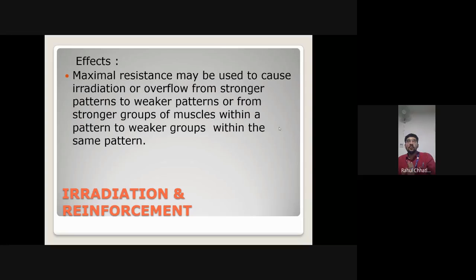And we can move from stronger pattern to weaker pattern. Stronger pattern, yes, if we talk about shoulder, first it moves into flexion, abduction, external rotation. So first shoulder flexion should happen, shoulder abduction should happen, and external internal rotation should happen. Yes, so what if the patient has no pattern at all, the patient does not know how to do it, a completely paralyzed patient, and